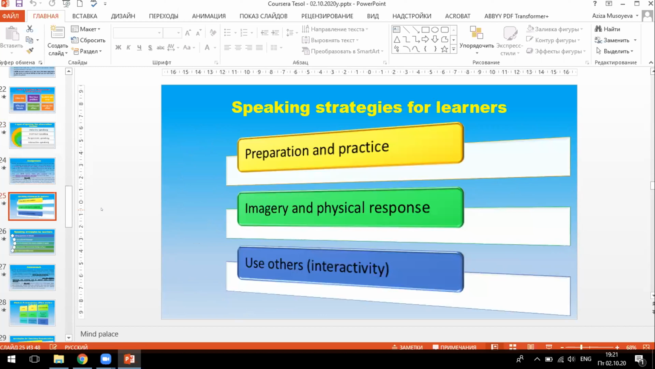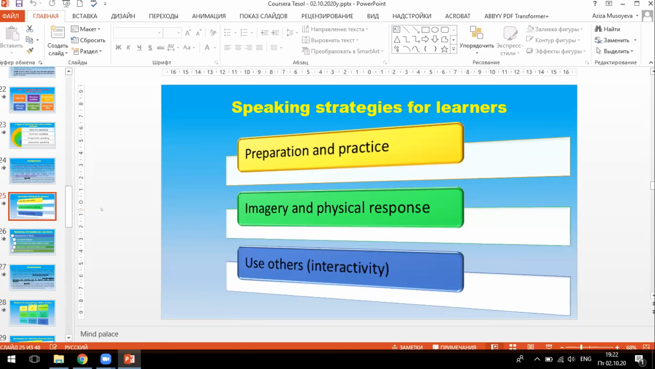And speaking strategies for learners, they said, are preparation and practice. So the more you prepare something and the more you practice, the better your speaking may become. And imagery and physical response. And they said use others. So you can use imagery response, for example,